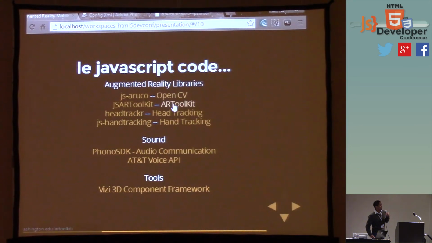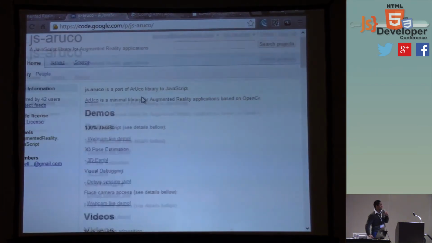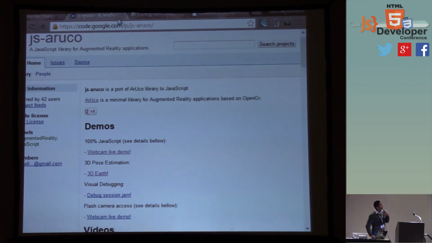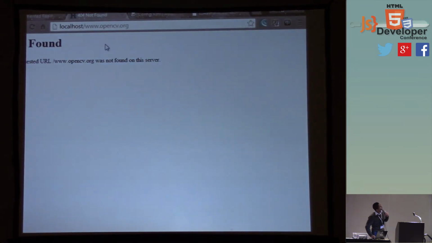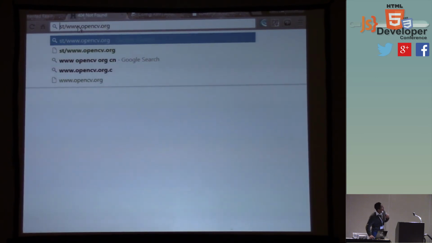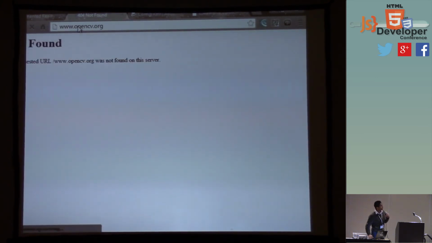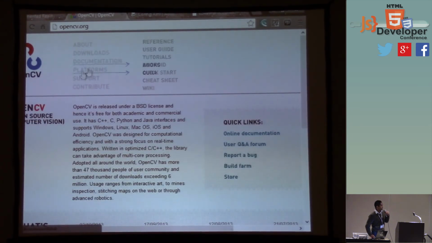And then this is the description of the original project in C. And then this is the source code. Okay, so that's the OpenCV website.